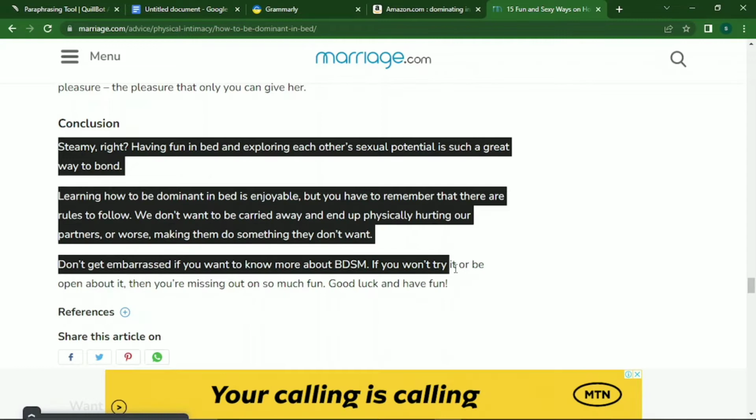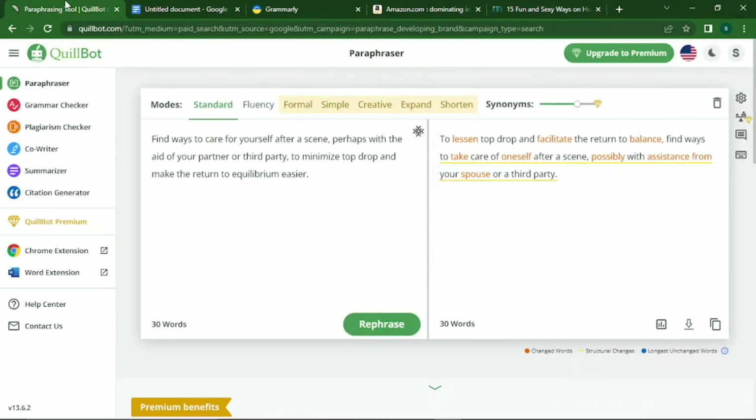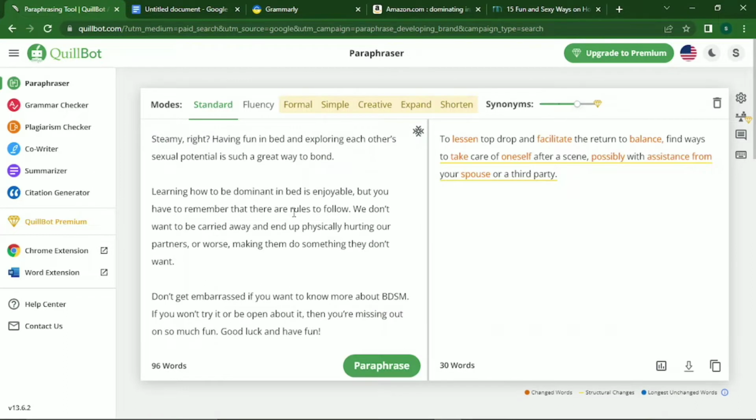It makes sense. So once I copy this, I will then go to my Quillbot. Remember, I was paraphrasing with Quillbot. I'll go back to Quillbot and I'll paste it, then I'll paraphrase. So once I paraphrase the whole thing,